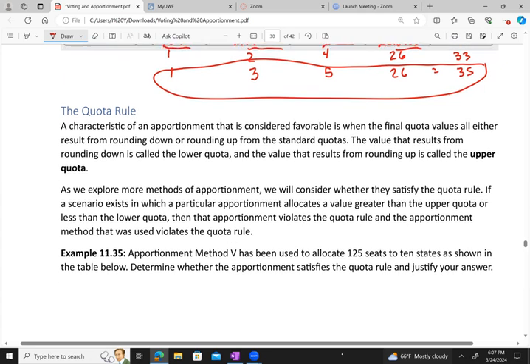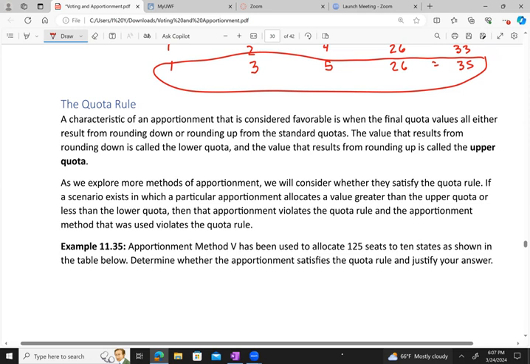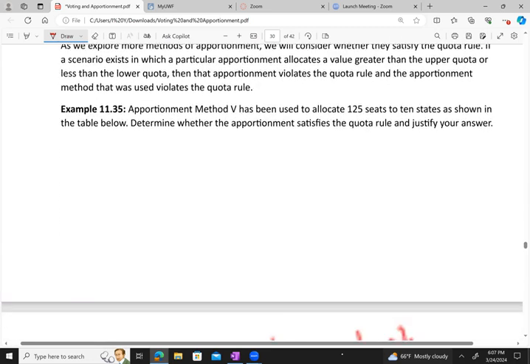If a scenario exists in which a particular apportionment allocates a value greater than the upper quota or less than the lower quota, then the apportionment violates the quota rule, and the apportionment method that was used violates the quota rule. So let's look at an apportionment method